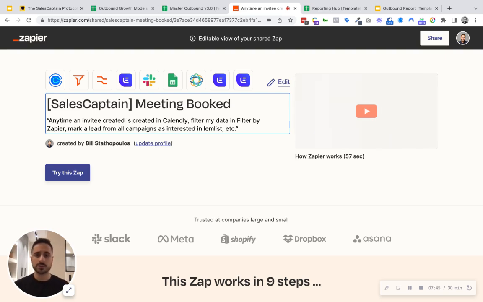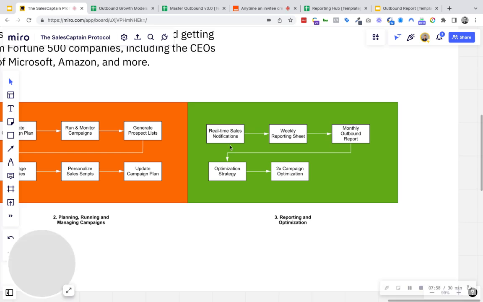So with a negative response, we just pause the campaigns for that specific company and for that specific lead for a good period of time, and then we start the campaigns again a few months after, obviously not to that specific lead. So real-time sales notifications, including any positive responses going into your team's inbox and your own inbox, whether